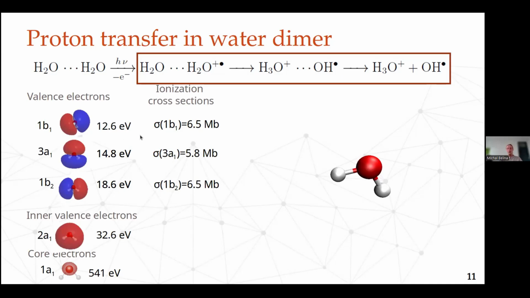These are the molecular orbitals of water, and this energy is roughly the energy you need to add to the molecule in order to remove an electron. And this ionization cross-section says that with a photon with enough energy, it means more than this 1846 eV,